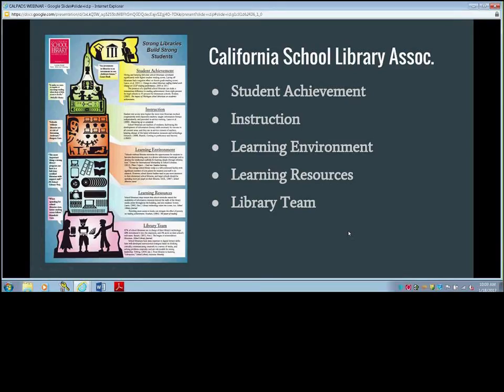Another thing to understand is that teacher librarians focus on student achievement and instruction, especially in the area of information literacy. There have been a few new bills that have just come up this year, within 2017, about concerns about fake news, concerns about plagiarism, concerns about citations. All of those areas are the teacher librarian's wheelhouse, and it is their training.